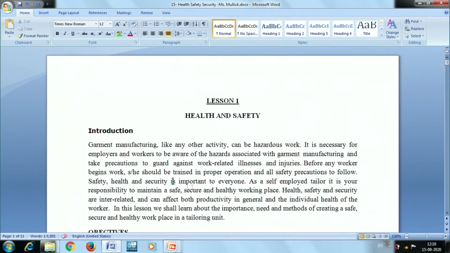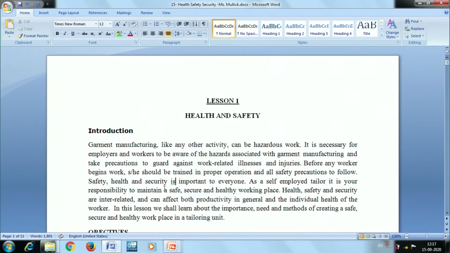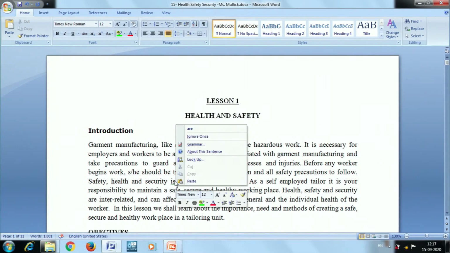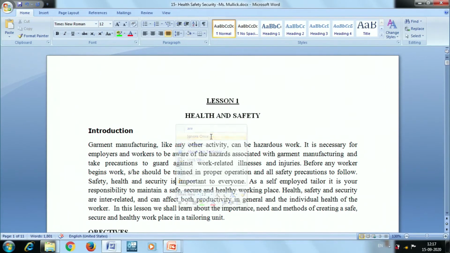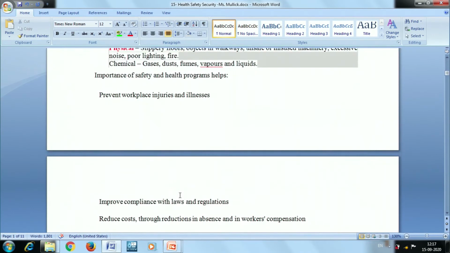So here it shows the green wavy line. If I click on this particular option, it's showing that if there is any grammatical mistake, then it will show you in a green wavy line. If I right click the particular text, it's showing that it is not "is", it is "are". If I want to accept, then I can do so, otherwise I can click ignore once. If I click ignore once, the error will be removed from the system, so it will not show you the same error again in your particular document. So this is about the spelling and grammar feature.